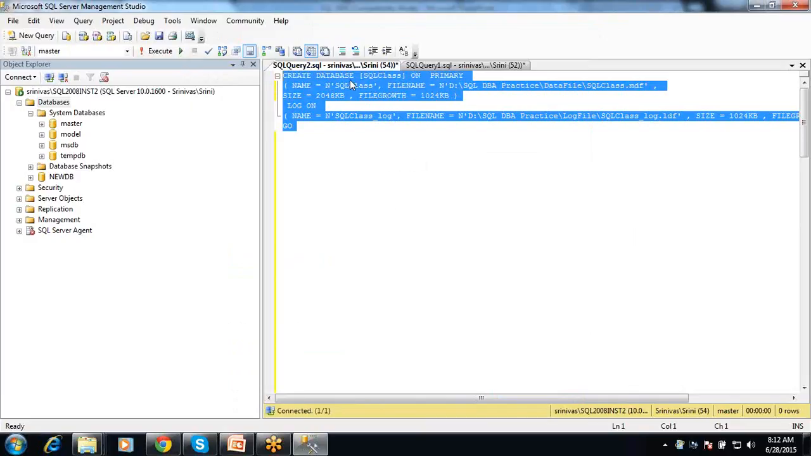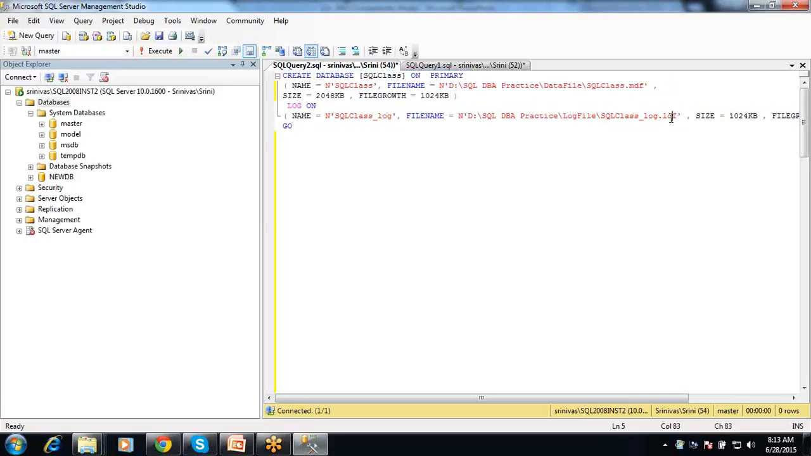In the database, I specified the data file location and log file location. A database should have a minimum of one data file, that is the MDF file I specified. Similarly, I specified the log file, initial size, and file growth. If I specify a maximum size, it cannot grow beyond that value,